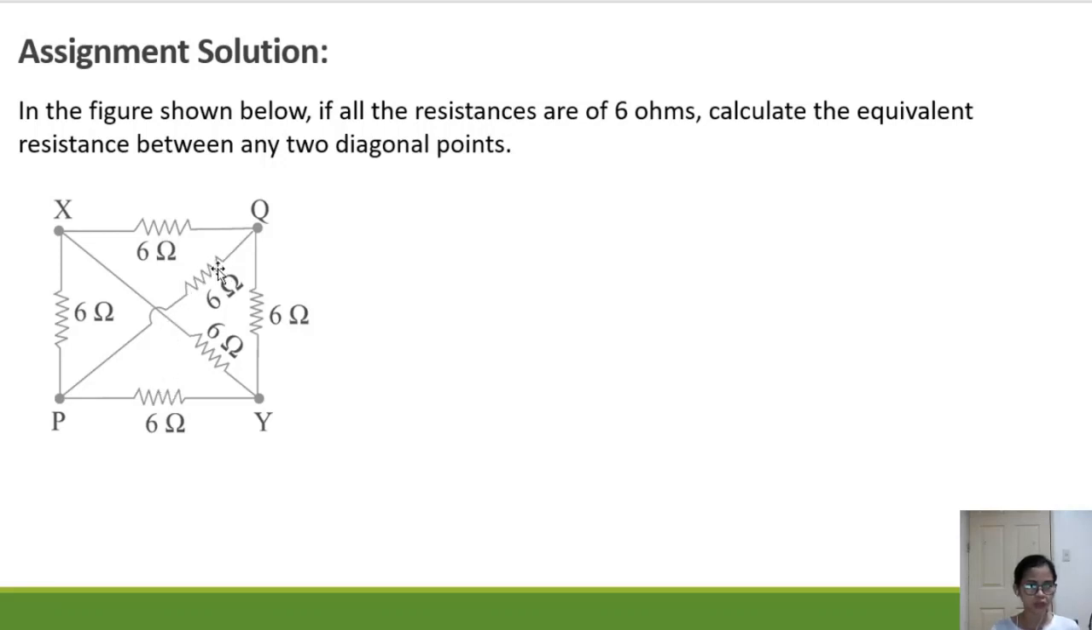In the figure shown below, if all the resistances are 6 ohms, calculate the equivalent resistance between any two diagonal points. So first, observe the figure. Calculate between any two diagonal points, between XY or PQ. But since this is really a complex circuit, try to simplify, or you could modify it if you can see that this is really a simple diagram. So the technique there is to